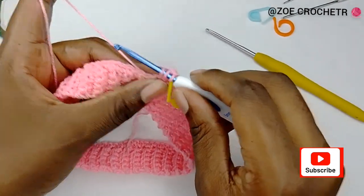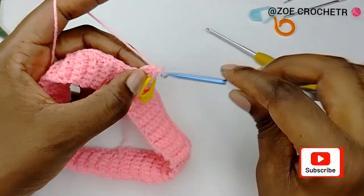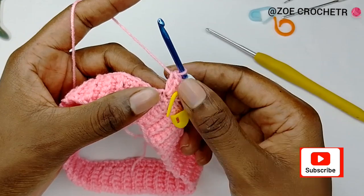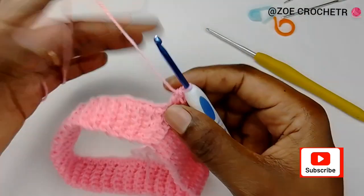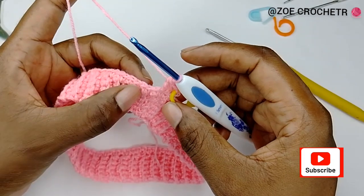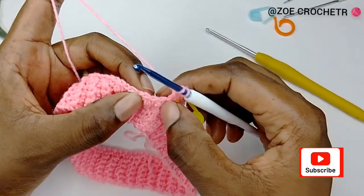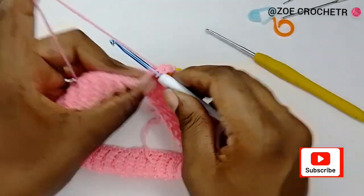You have 3 loops in your hook, yarn over, pull out 2 loops, yarn over, and pull out 2 loops. This is a double crochet. And now we have already 3 stitches. Now you want to skip 2 stitches, 1 and 2, and into the third make 3 double crochet. So yarn over and skip 1, 2, into the third make 3 double crochet,